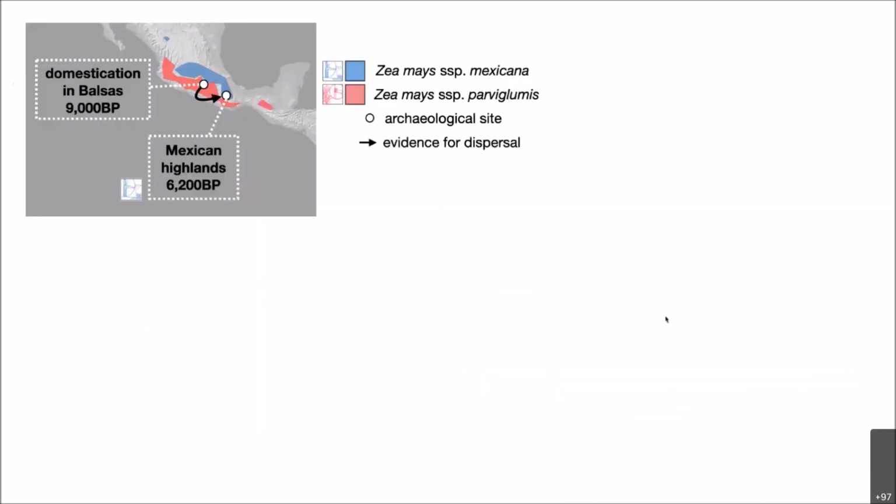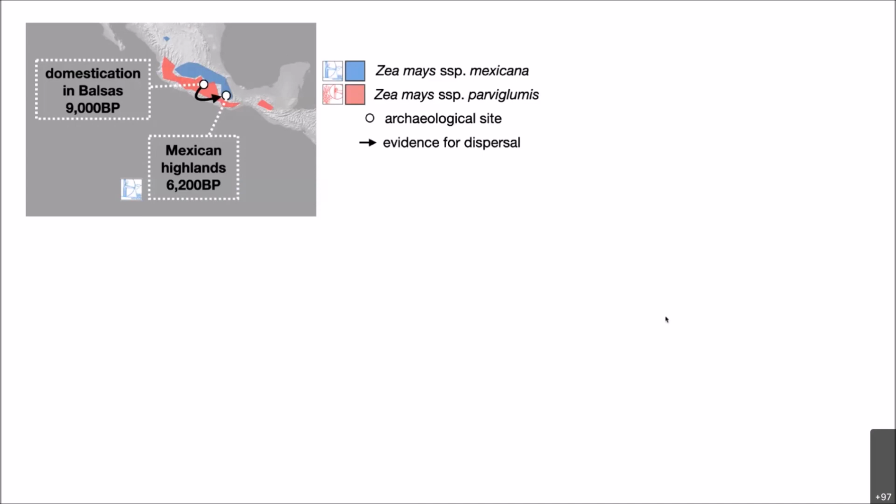But that suggested to us that perhaps admixture between Mexicana and highland maize was making highland maize look more like teosinte than one would expect. But it was clear also that this admixture warranted a closer look. We know from archaeology that maize made it to the highlands of central Mexico about 6,000 years ago. But by